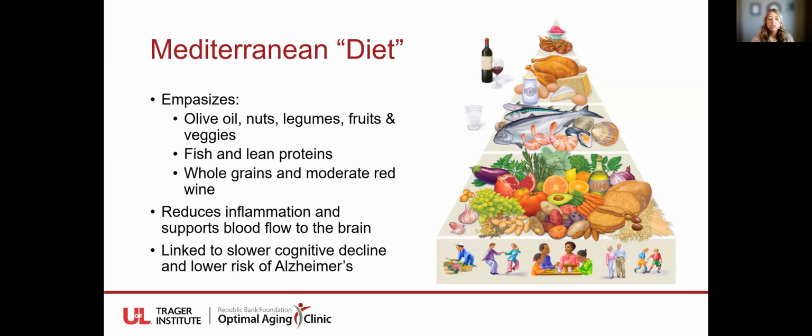So one of the most well-studied examples that we have is the Mediterranean diet. And it's based on traditional eating patterns in countries like Greece and Italy. And it focuses on whole plant-based foods and healthy fats, especially from extra virgin olive oil, nuts, and fatty fish. It's also rich in polyphenols and omega-3 fatty acids, both of which have those neuroprotective effects. So polyphenols, they reduce oxidative stress and inflammation, while omega-3s support, like I mentioned, the healthy brain cell membranes, and they improve blood